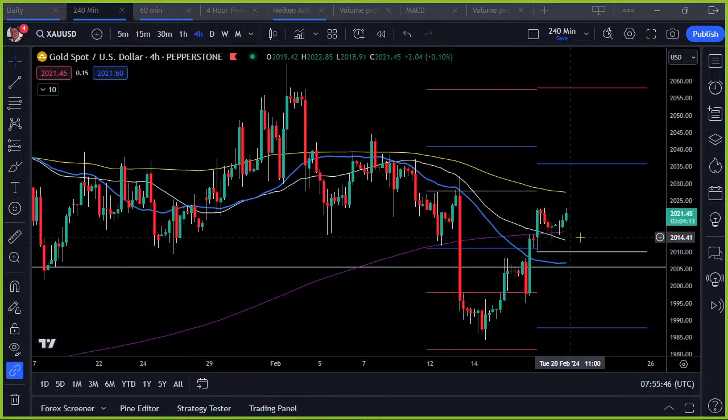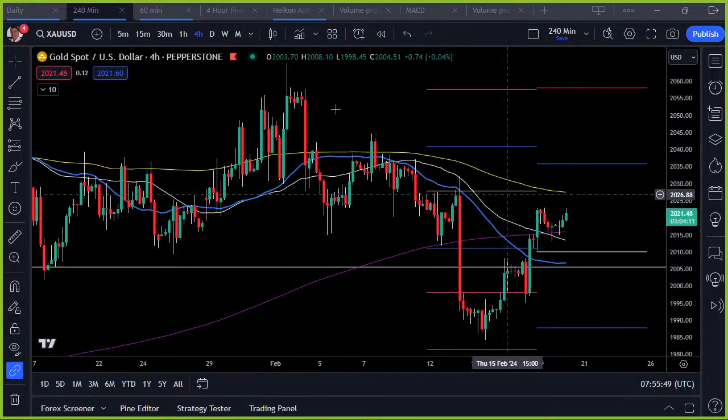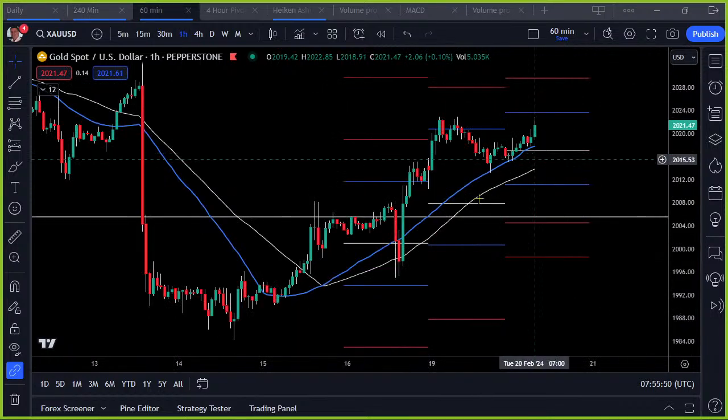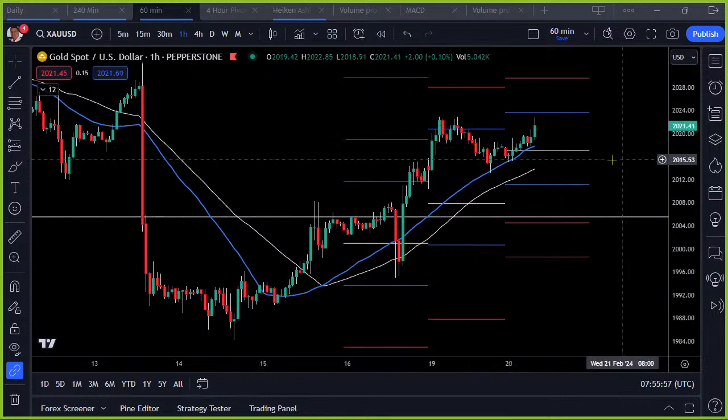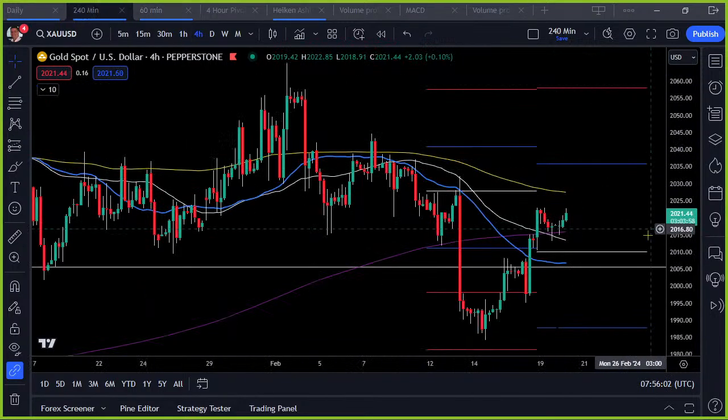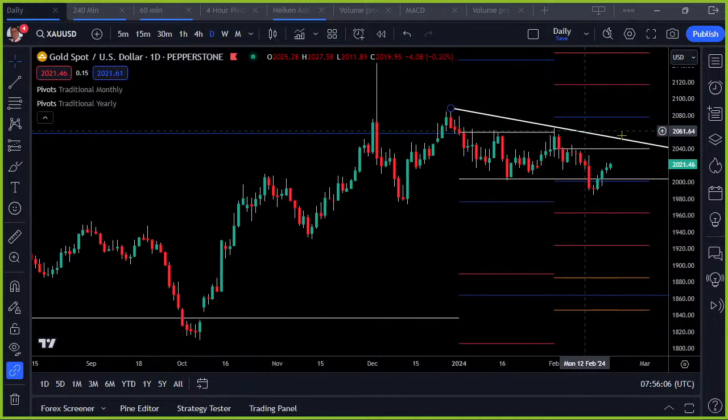On the intermediate time frames it has put higher lows in, and it looks a bit more bullish on the hourlies there, but it's a few days with a lot of chop going on. Maybe it has got more upside, but it needs to prove itself a bit more yet. I'm not in a rush to get into it.